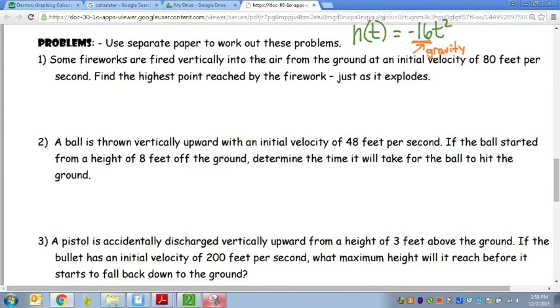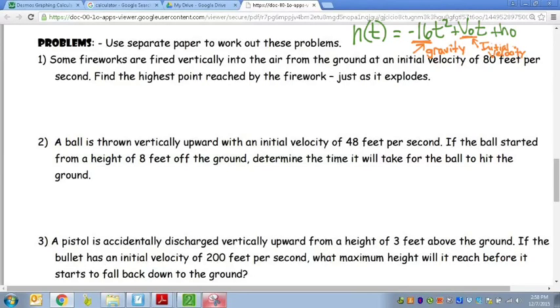Then we add the initial velocity. That's what the v of 0 stands for. This is initial velocity, meaning, how fast was the object traveling when it started moving? Typically, those are things like if I pitch a baseball, throw a football, or launch a firework into the sky. When we start to measure this object, it's already traveling at a certain velocity. And then lastly,